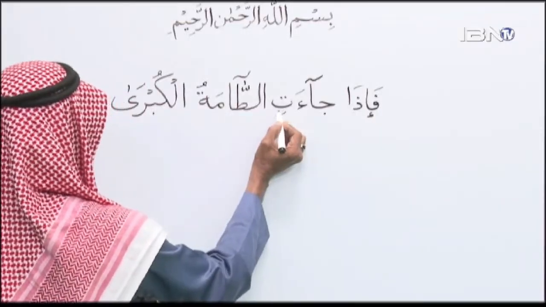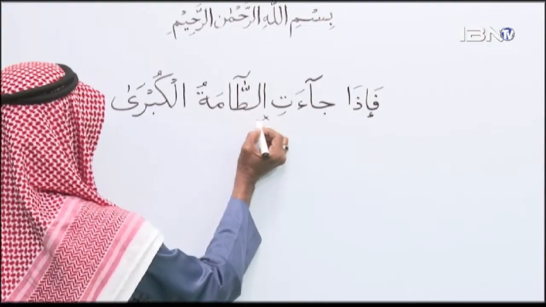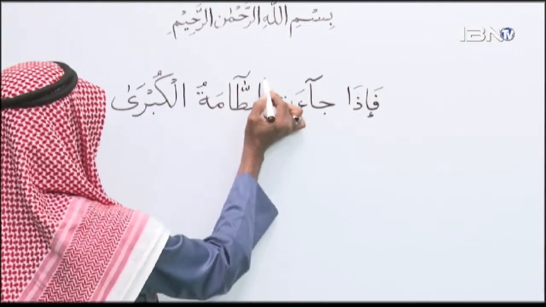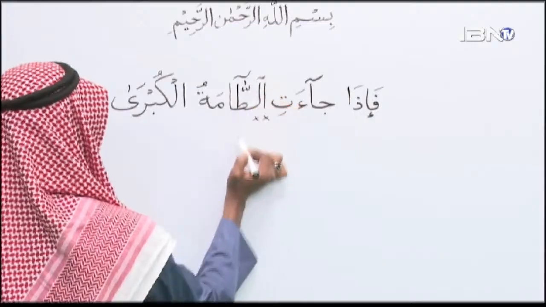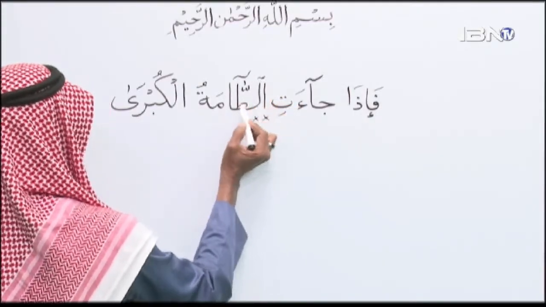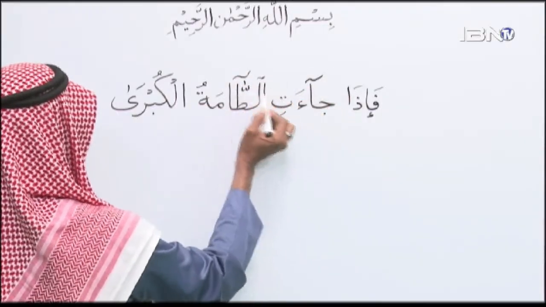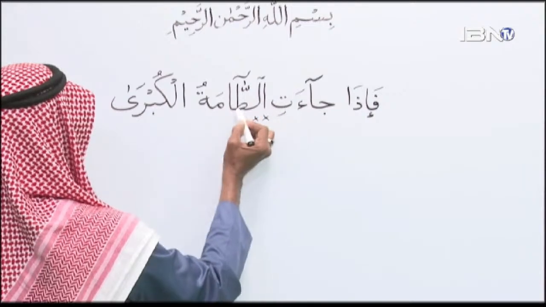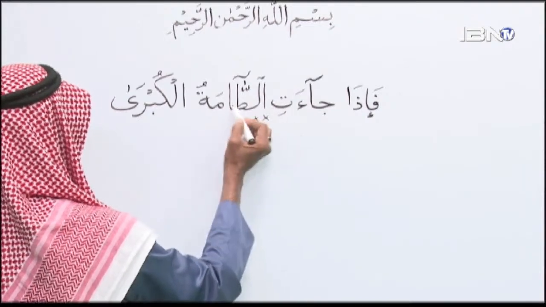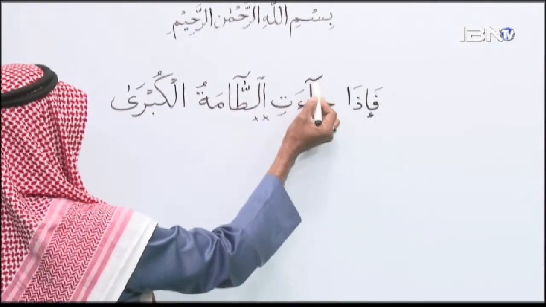The ta will be joined straight to the ta. The alif is silent here. The lam is silent. So you will see something like this over the lam. As long as you see this, that means the lam is silent. Don't worry yourself. You go straight from this to this. So the ta joined to a ta. So we have ja'atit